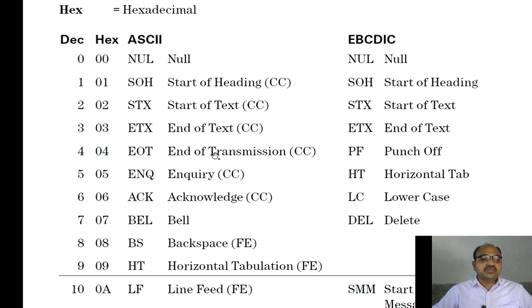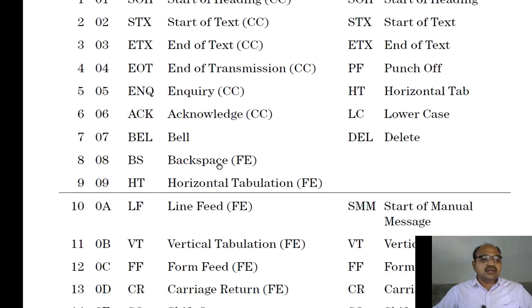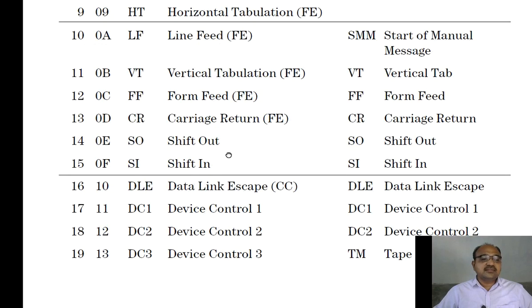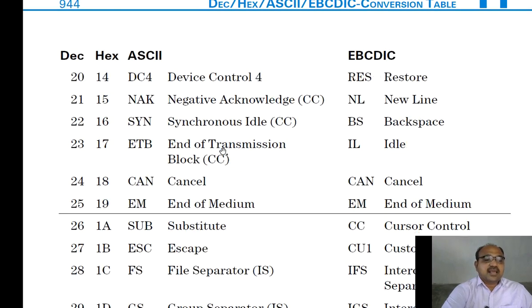So coming to the digits, 0 to 9 are represented in hexadecimal as 00, 01, 02 and so on up to 09. However, in ASCII, 0 to 9 are not represented using 0 to 9. Let us see where the 0 to 9 values reside in case of ASCII.